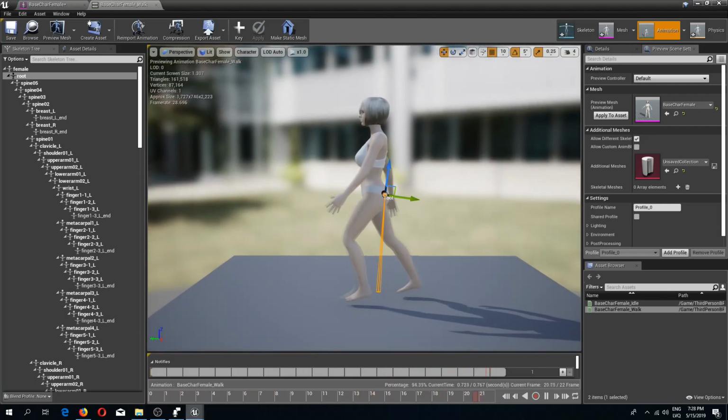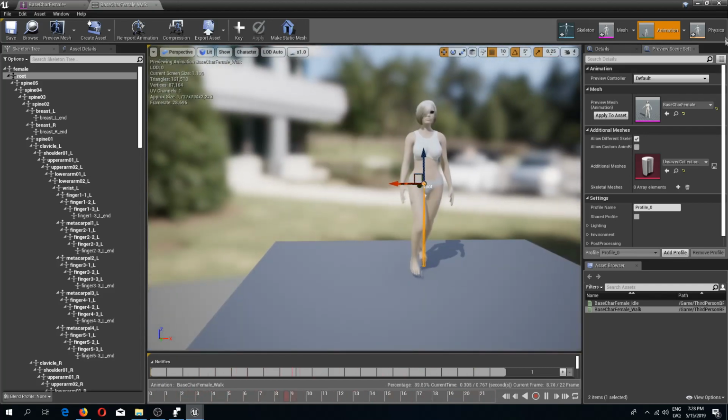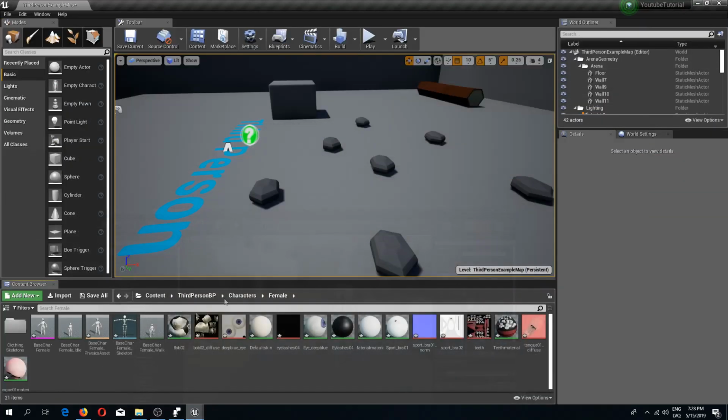So that's my walk animation, and for the third animation, which is going to be an attack animation, I'm going